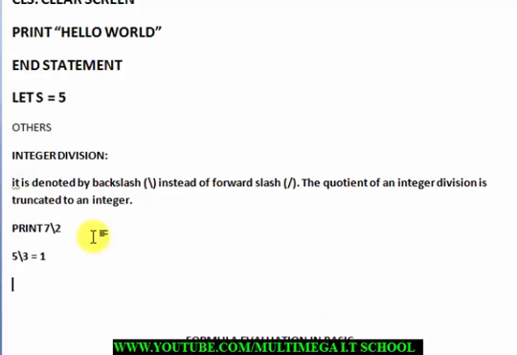But normally if you do 5 divided by 3, what you'll get is 1.666666 and the rest. So if you use integer division, these digits will be thrown away, they will not be approximated. That's what it means. They will be thrown away and you have